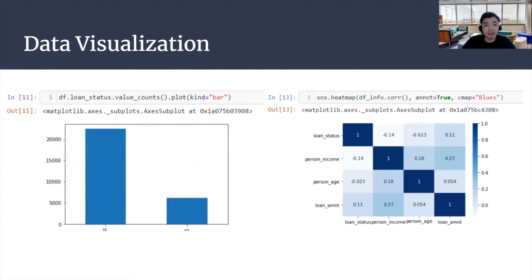And lastly, it will be the data visualization. Data visualization helps us to understand our data in a faster way. If you look at the graph on the left, this graph shows the number of people that defaulted on their payments from our data set of around 28,000 records. From one look, we can straight away tell that the majority of the borrowers did not default on their payment, and only a minority of them did, around 6,000 to 7,000 of the borrowers.